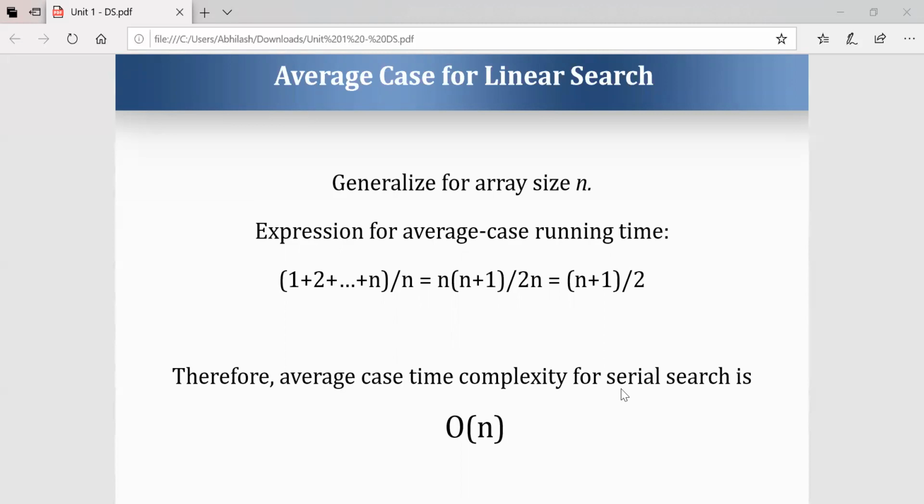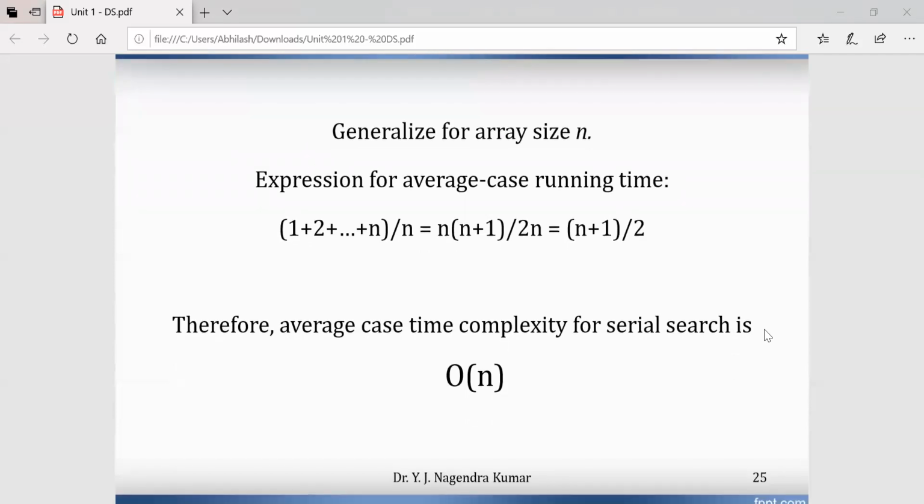The best case is order of 1. The average case is n plus 1 by 2, which is also order of n. In the worst case, you have to compare all n records in the array, so there also the complexity is order of n. So there are three cases: worst case, average case, and best case. The best case is order of 1.